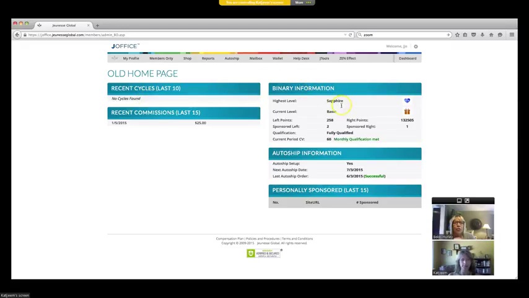Over on this side, it shows you your binary information, shows the highest level. So we can see here that this person purchased one of the ambassador packages when they got in, and that got them in at the sapphire level. That was the highest level that they had attained since becoming a distributor. And the current level, which you can see here, is basic. Volume on their left points, which right now is 258 points, and the right points, you can see that they've got a nice healthy overflow leg,